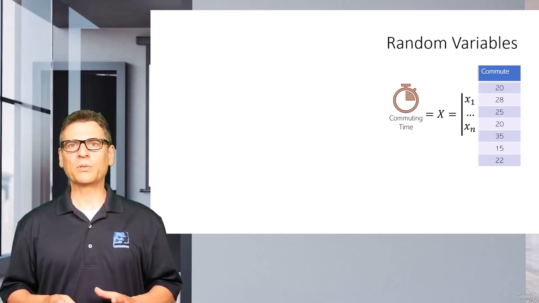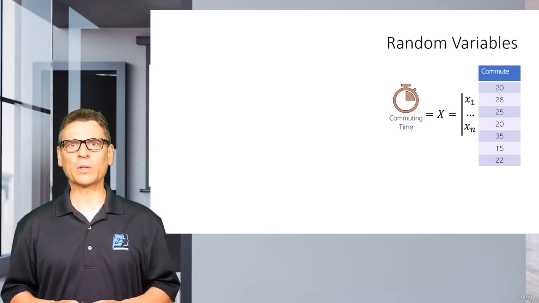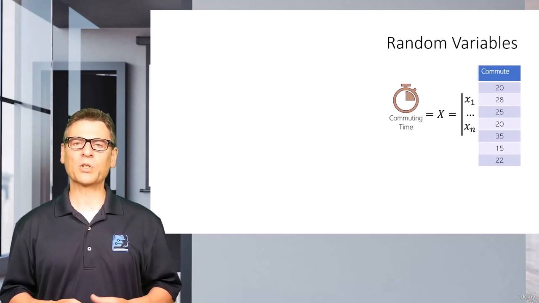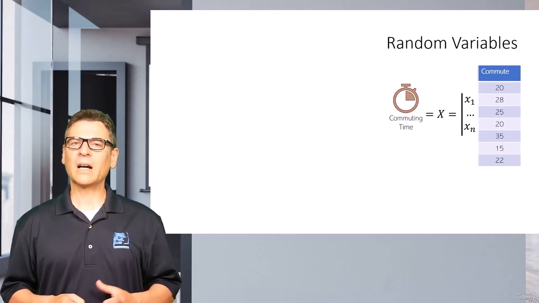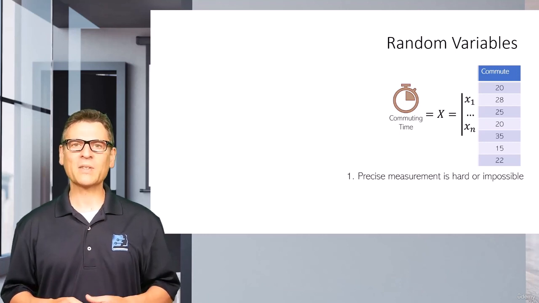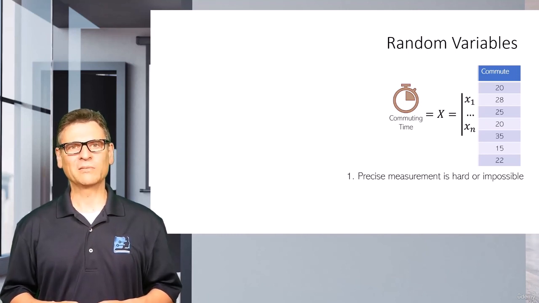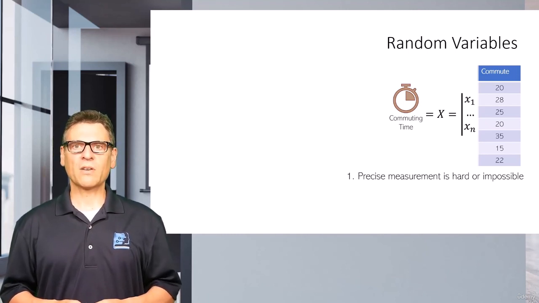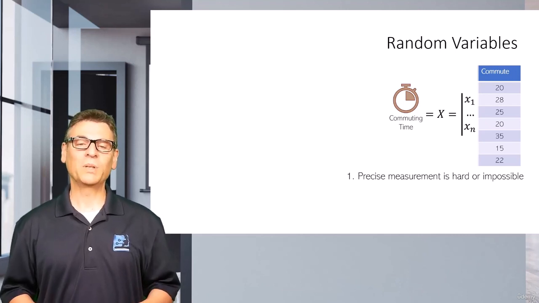I will not go into the details of random variables, but there are a few points I want to make that relate to machine learning. External phenomena are too hard to measure. In our example, we would need to take a precise commuting time every day for 365 days. Not impossible, but definitely annoying. Taking measurements of the length of all the red snappers in the world would be impossible.